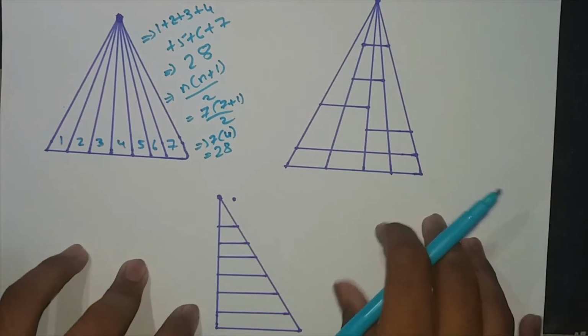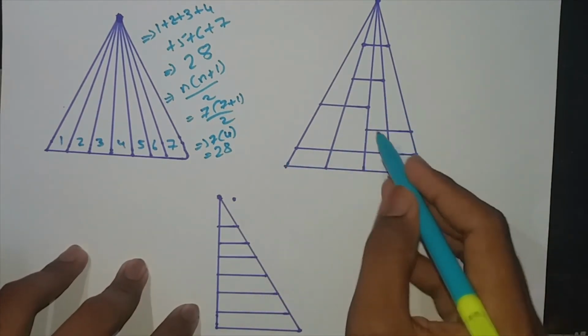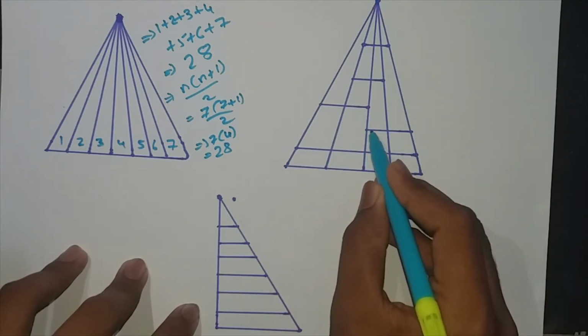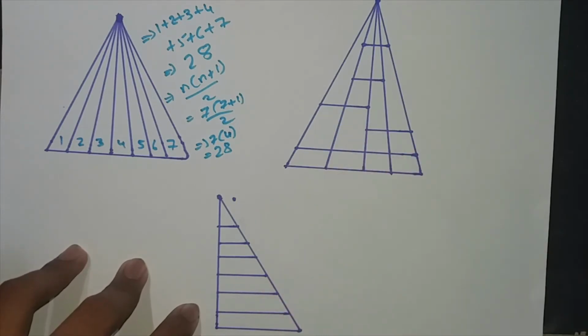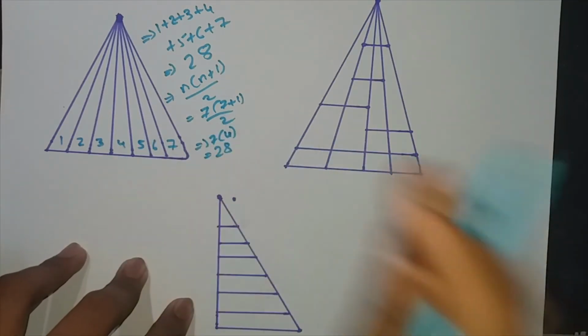In this question you have a triangle with many intersection lines. That means here there is a full line, here there is a line between these three lines, and here 3. So how to solve? You may panic and leave the question. So don't leave the question. You will try to solve in an easy way by using these simple tricks.